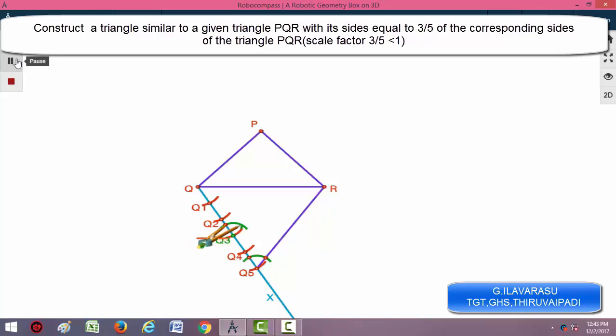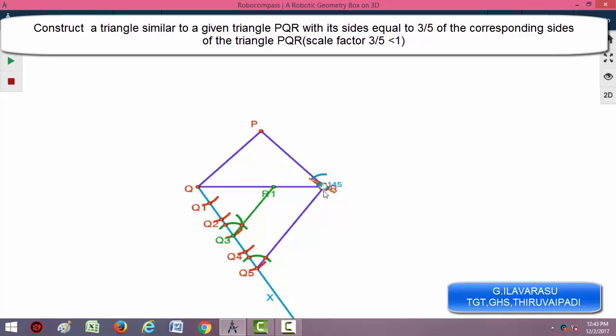So now that arc is made from there. So we have copied this angle there and mark the point. Now you join this Q3 with that point and extend it to meet the QR line segment. So that point is R1. So that is the required scale for that side, that is 3. QR1 will be 3 and QR will be 5 units in this case.